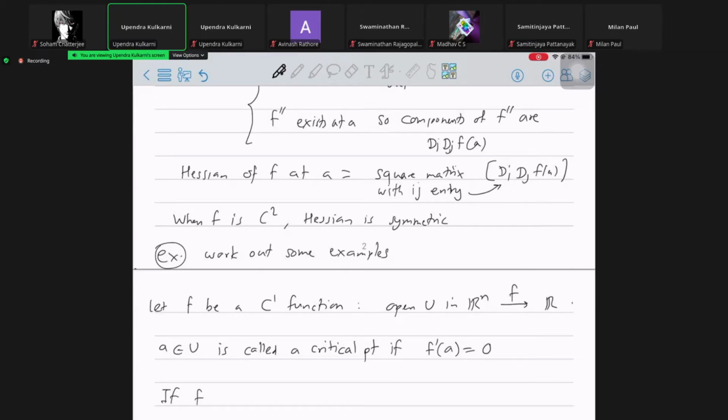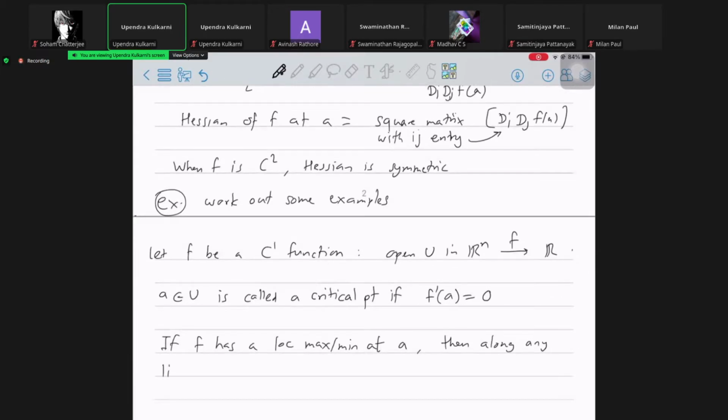So if I consider this function along any line, the restricted function along that line is just a one variable differentiable function. There also the point has to be a local maximum or minimum, and that just means by one variable calculus that the directional derivative in that direction has to be 0. If at A, then along any line through A,